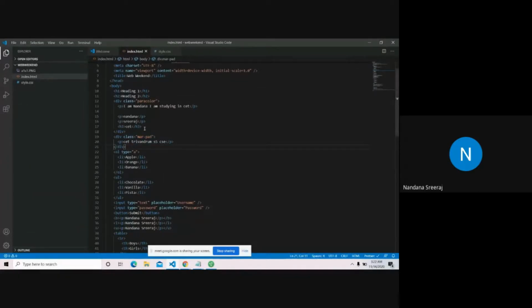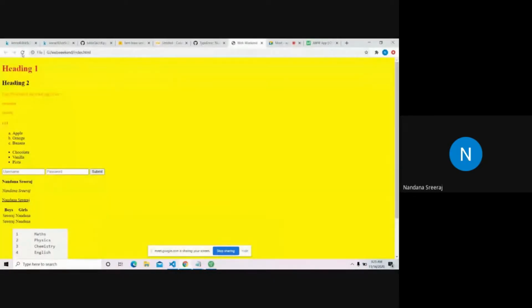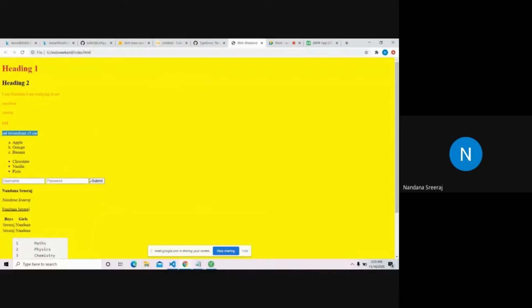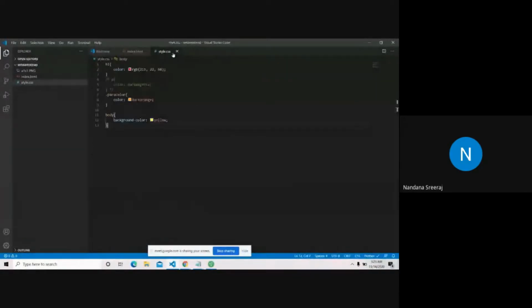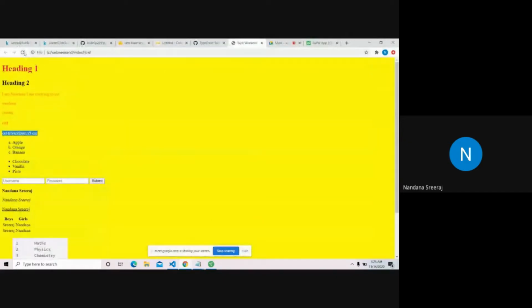So I'm going to give a margin and a padding. I'll just show you what it looks like now. It's going to be a plain paragraph tag right now. So I'm going to give margin and padding to this. What was the name of our class? Margin padding, right? So I'll just give a background color first. A background color of violet. And let's see now what happens. See, this thing got a background color. This is the paragraph tag.